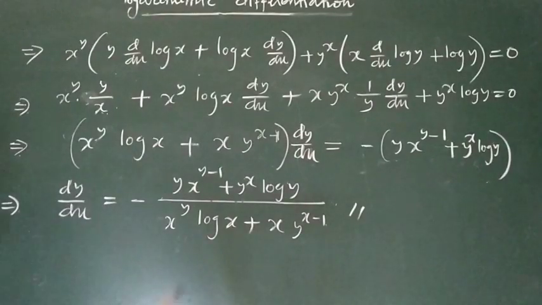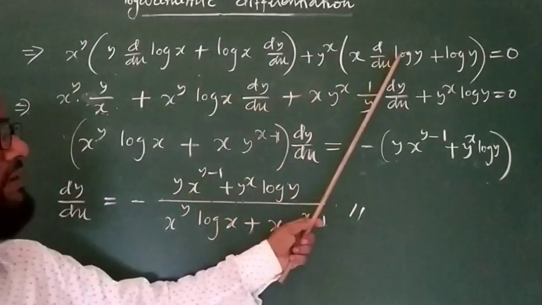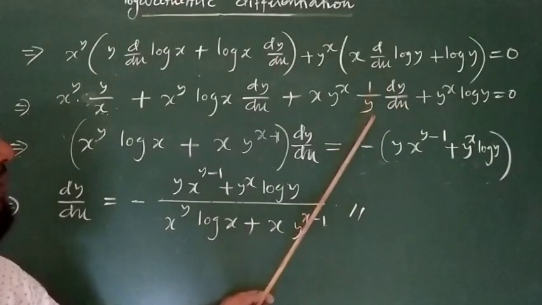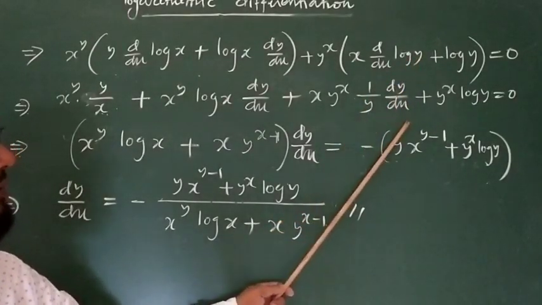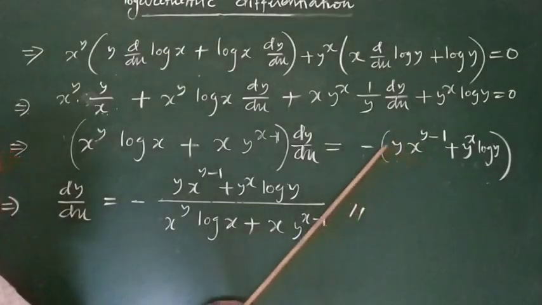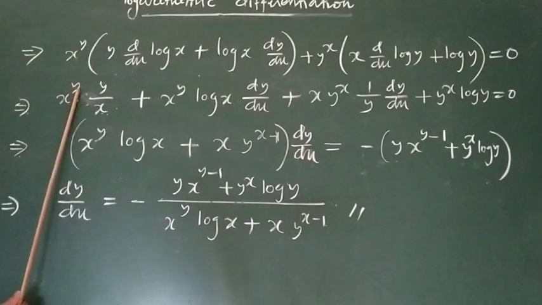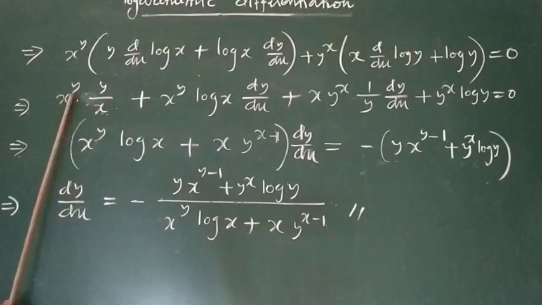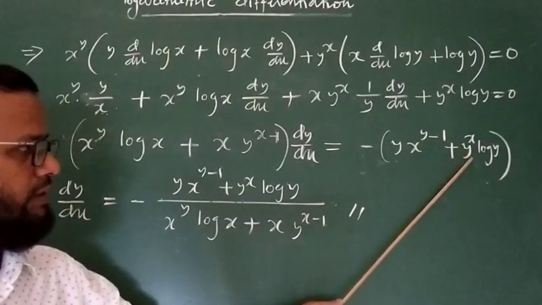Nothing special in this particular question, you just use the chain rule and all the things you know. Again here chain rule is applied: d/dx of log y is equal to 1 by y, since y is other than x, the d/dx of y is dy by dx. Why is this term like that? You see here, the power of x is y, and the power of x in the other is 1, both cancel, so x to the power y minus 1, and ultimately we get y into x to the power y minus 1, and this is what happens.